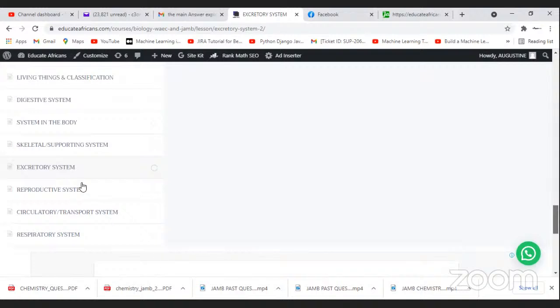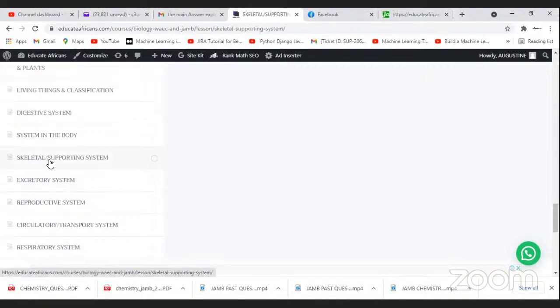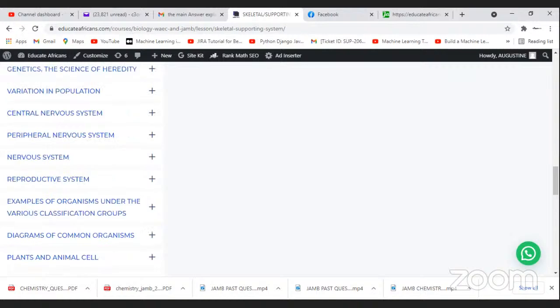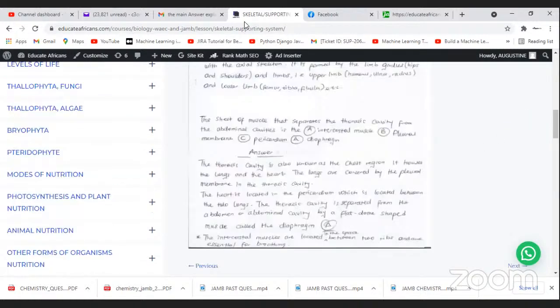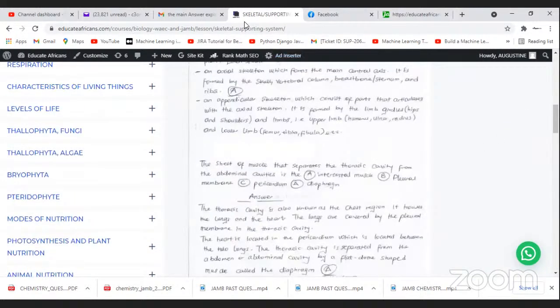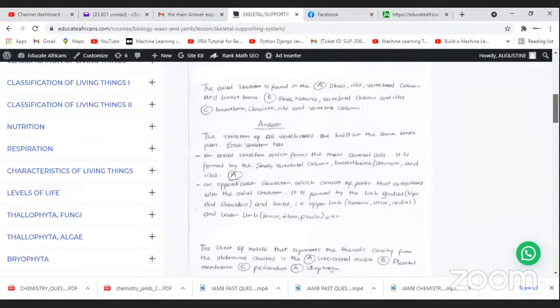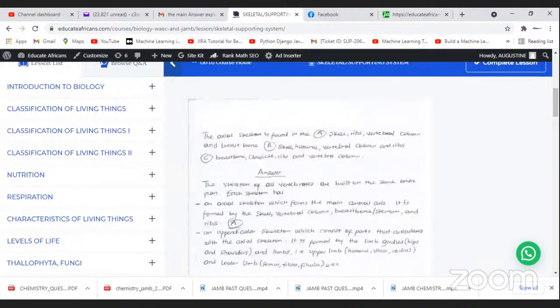Okay, respiratory system. Let's look at skeletal system. Okay. Now the axial skeleton is found in the A, skull, ribs, vertebral column, and breastbone, or B, skull, humerus,